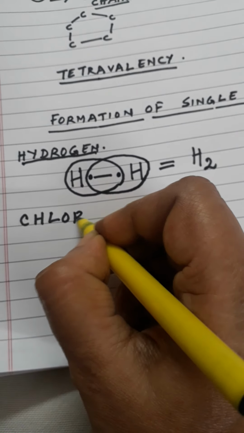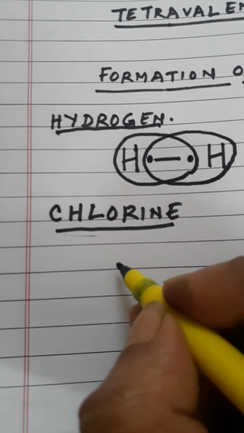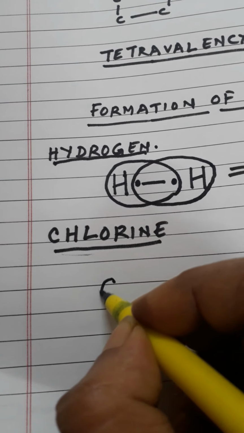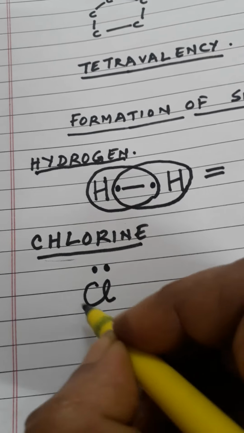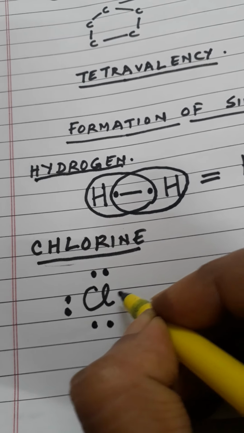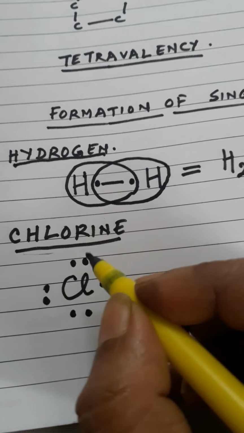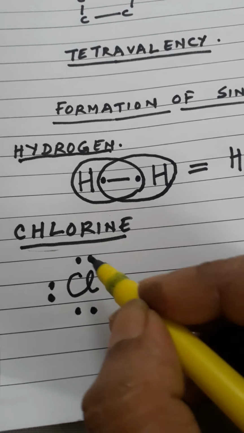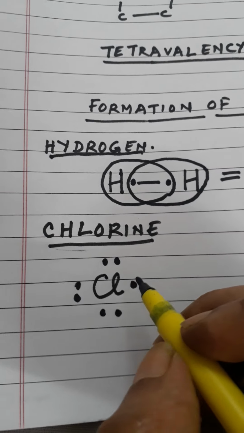See how chlorine can form a molecule. Now see, chlorine, how are we going to do it? It has 7 electrons in its outermost shell. 2, 3, 4, 5, 6 and 7. Always try to write in a symmetrical manner. Don't just put the dots haphazardly. This I had taught you in electrovalent compounds also.